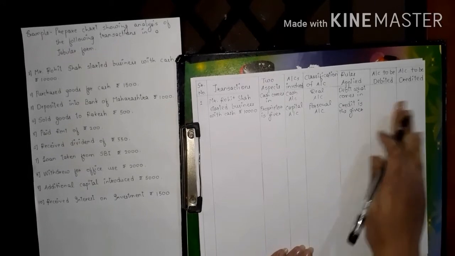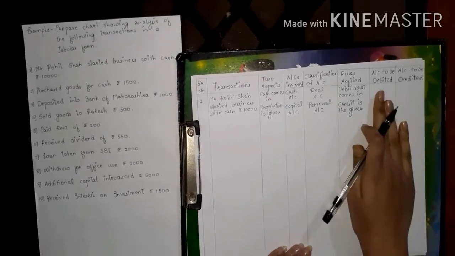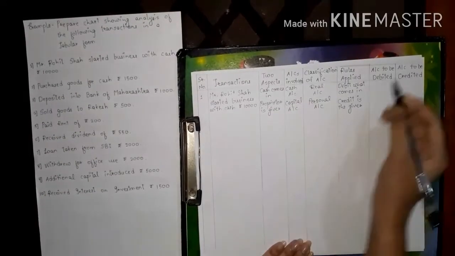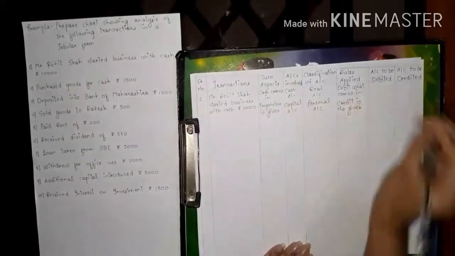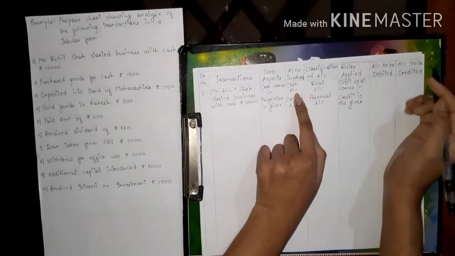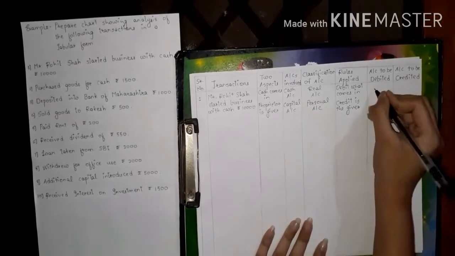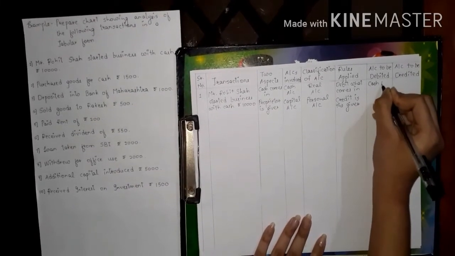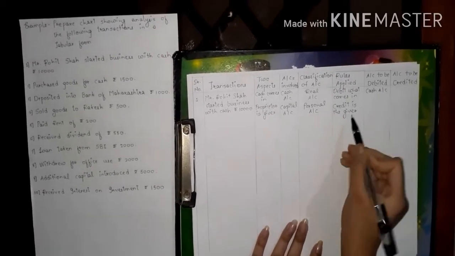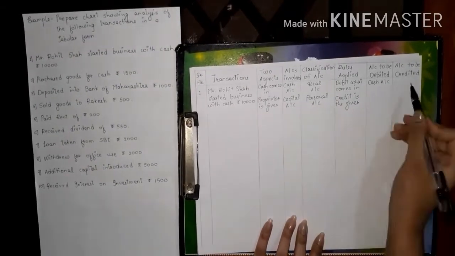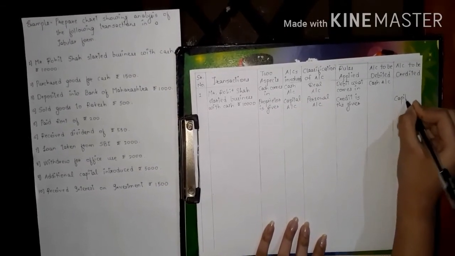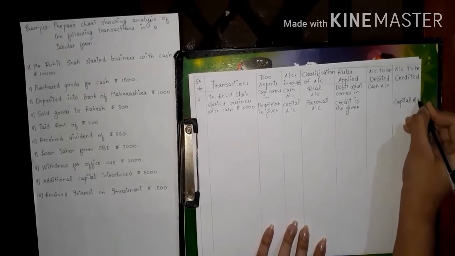Now, which account is to be debited and which account is to be credited? We will see which account is debited. Already we have seen cash account is debited over here. No doubt over here. Just see the first row, you will understand which account comes first. Immediately write over here: cash account is debited. Okay. Debit what comes in. And who is the credit? Capital account. So we will write here capital account. Hope you understood this. Okay.